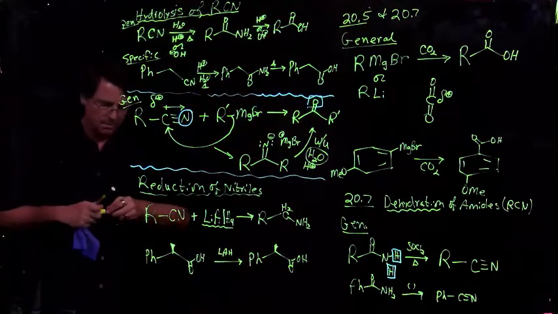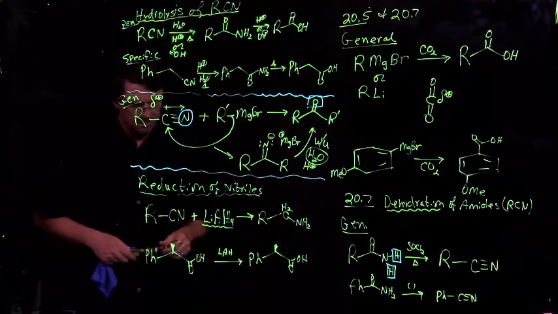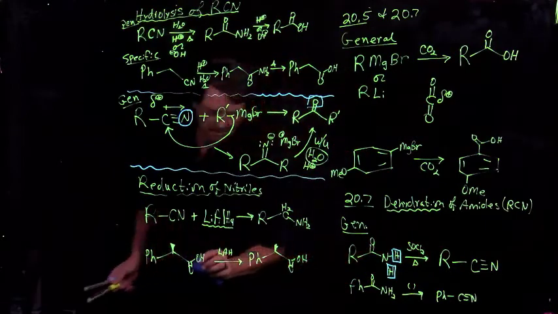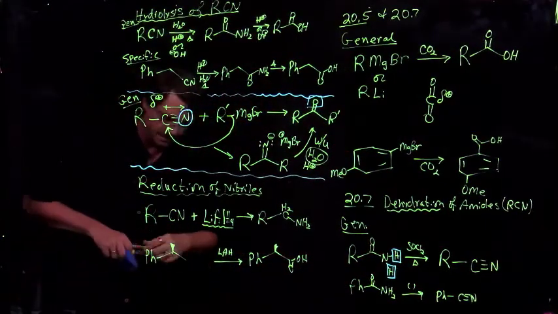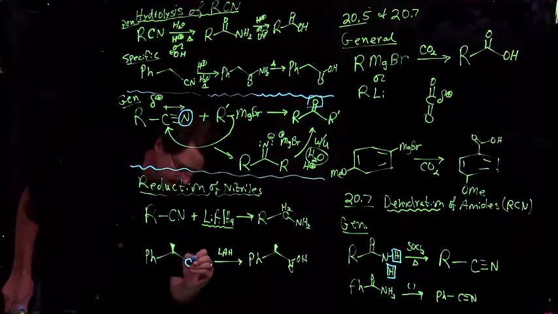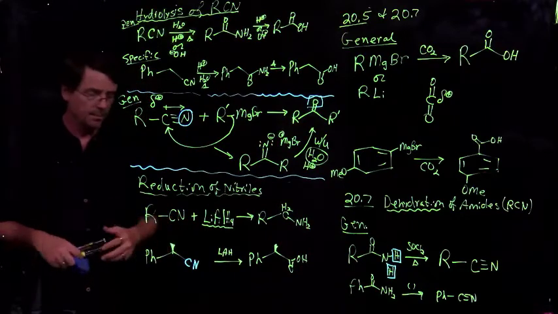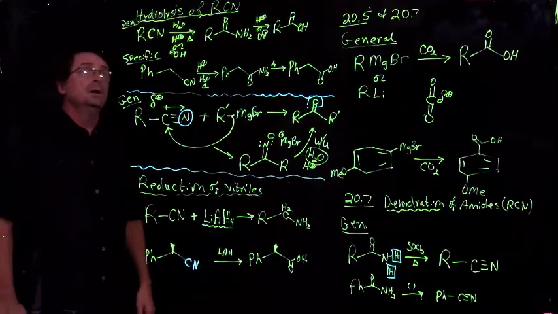But again, we're going to learn soon about the acidity of these alpha positions. Oops, that was supposed to be the nitrile there. I'll draw it in with that we might have gotten from an SN2 displacement of a bromide at that benzylic position, for instance. Okay, so